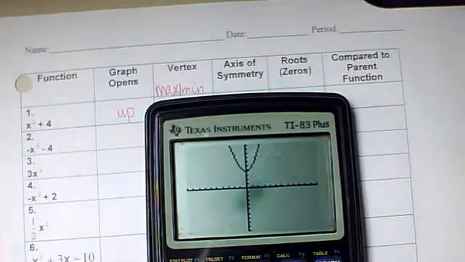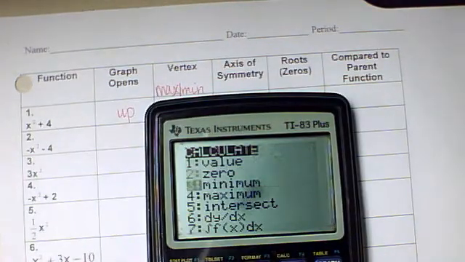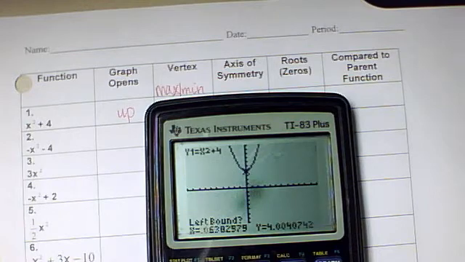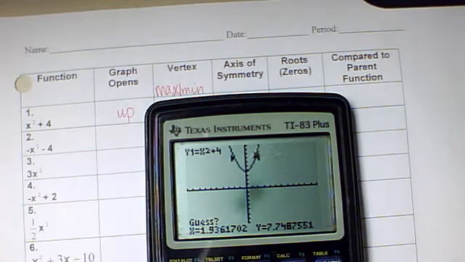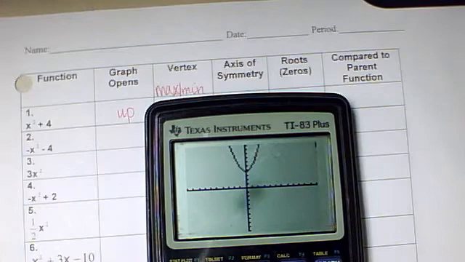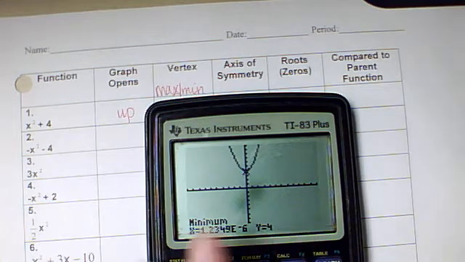If I wanted to check that on my calculator, I would do second trace, and I would go to the minimum. I would go to a point on the left and hit enter. I would go to a point on the right side of the minimum and hit enter. Notice that my two arrows here have the middle in between. It says guess on the bottom, so I'm going to hit enter one more time. And my minimum is at 1.2349e. Anytime I have an e, that means 0, so it is at 0, 4, which is what it looked